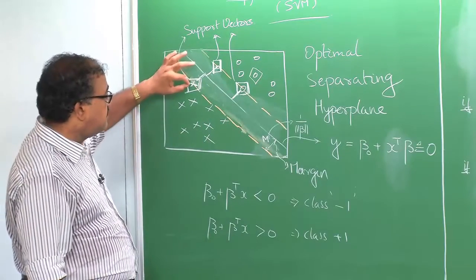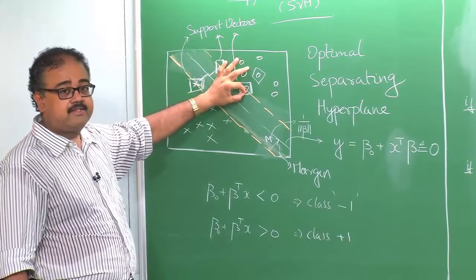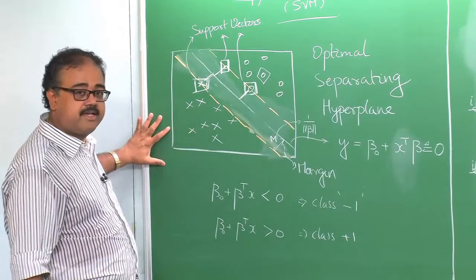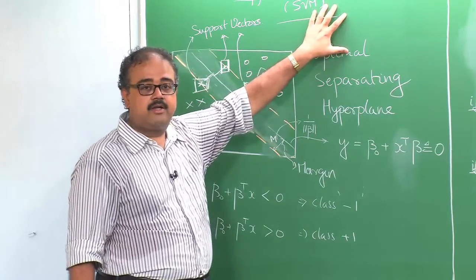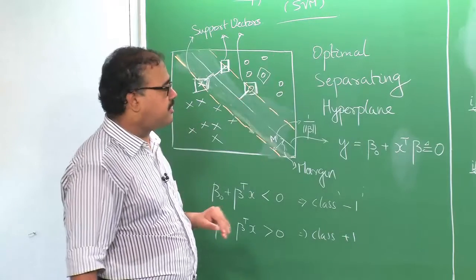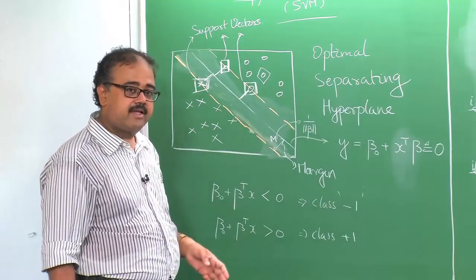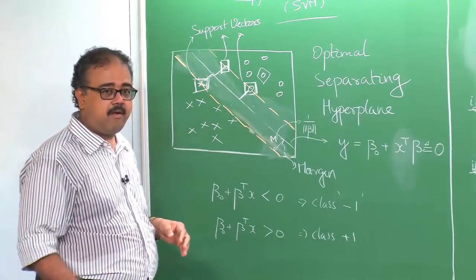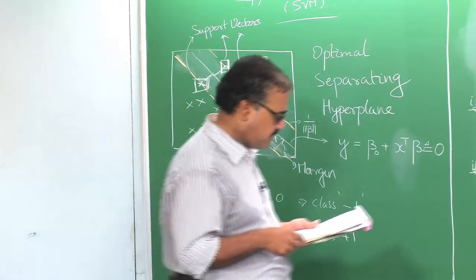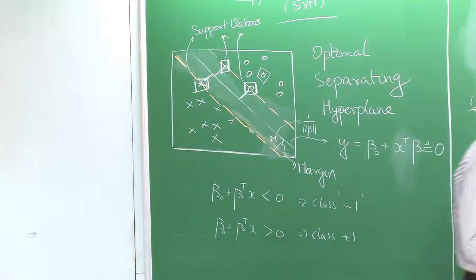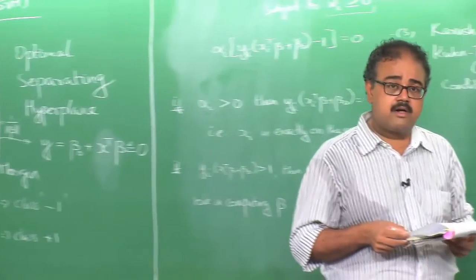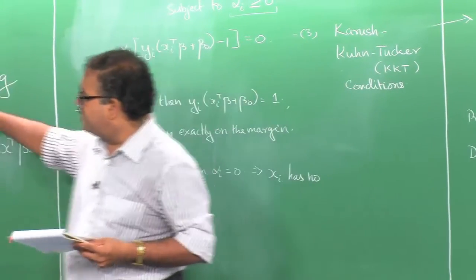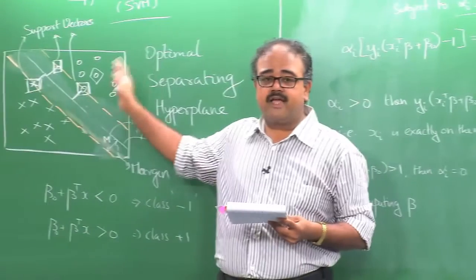The reason is it pays attention only to the points that are closest to the class boundary. So, I can have as many data points here as I want, I can have as many data points here as I want, right, of the corresponding class. It really does not affect my classification, because truly the ones that are close to the boundary are the ones that need attention, right. So, that essentially makes support vector machines more robust, right.